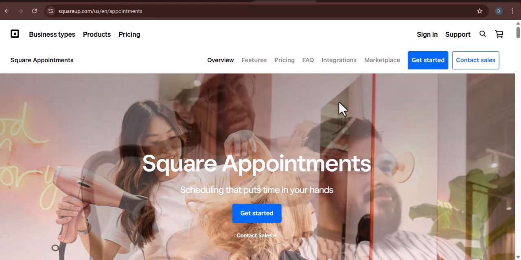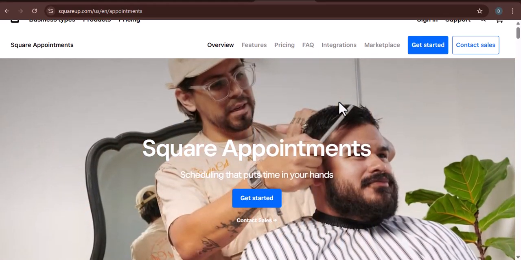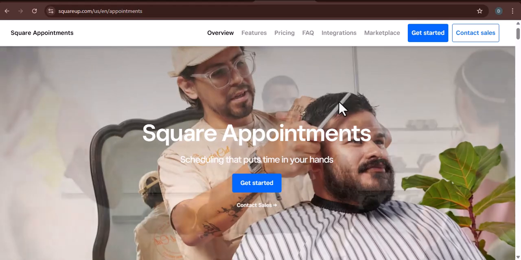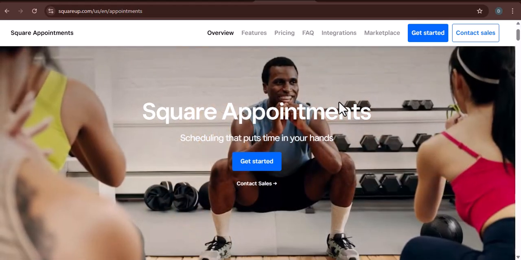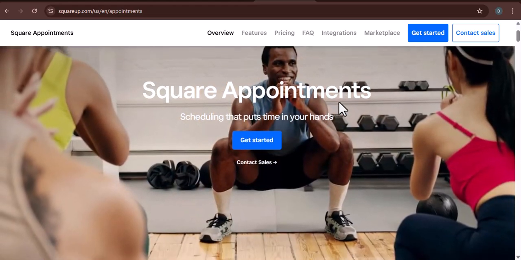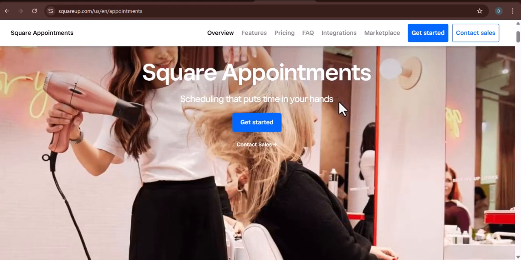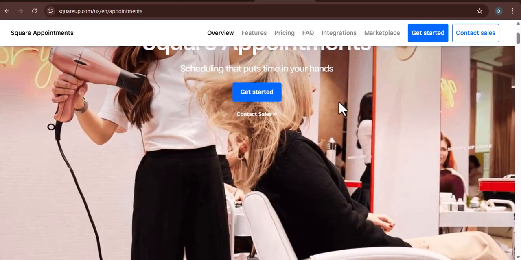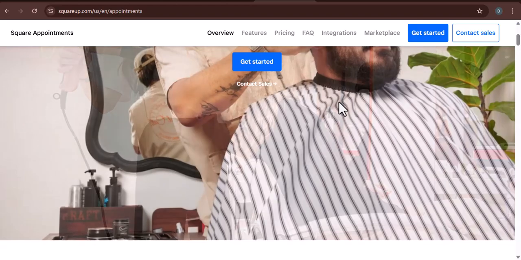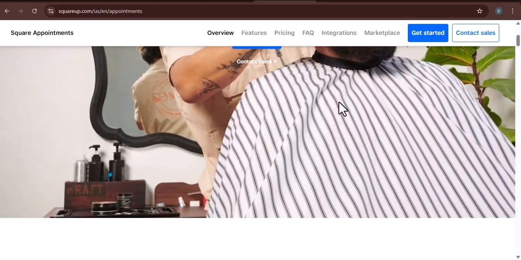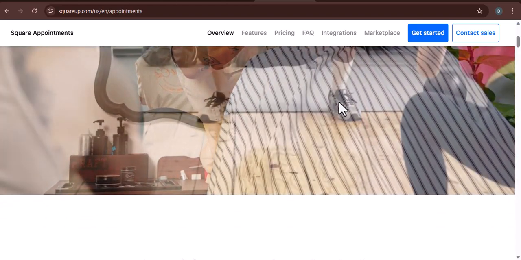Ever felt like your online booking system was playing hide and seek with your clients? Like they're desperately searching for a link, any link, to book that appointment and nothing? Just a frustrating dead end? You're not alone. We've all been there, that online booking limbo, where clients vanish because the process is just too